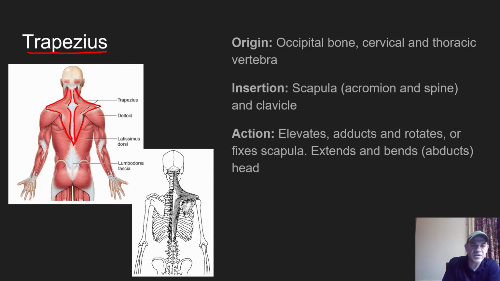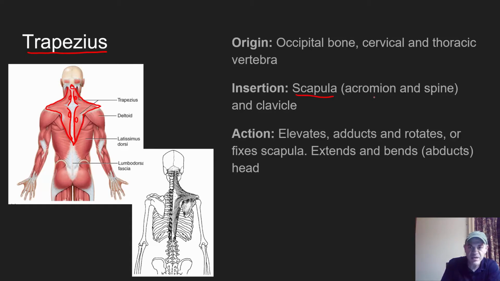So the origins are basically going to be all along the spinal column, both in the cervical and the thoracic region, as well as the occipital bone up here. So all of that is origin. And so when these muscles are contracting, depending on what part of the trapezius, we're going to get some various motions. So the insertions will include the scapula,